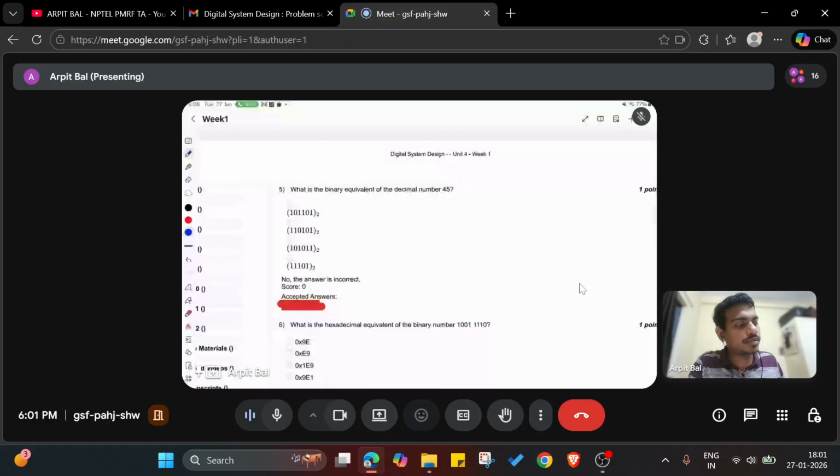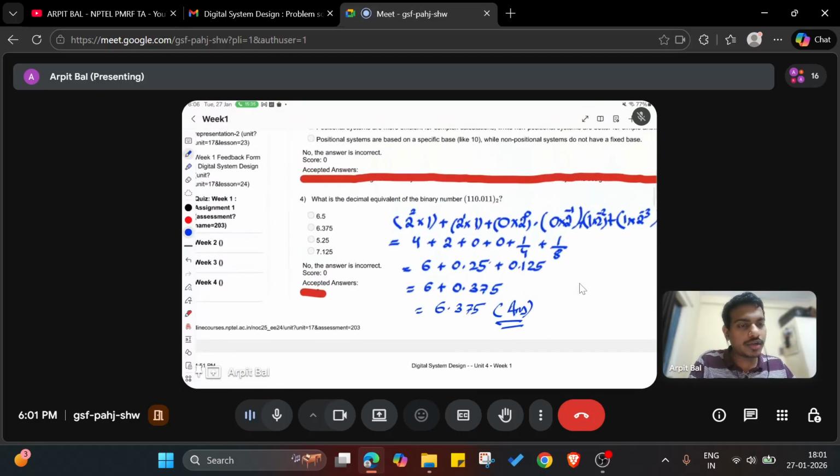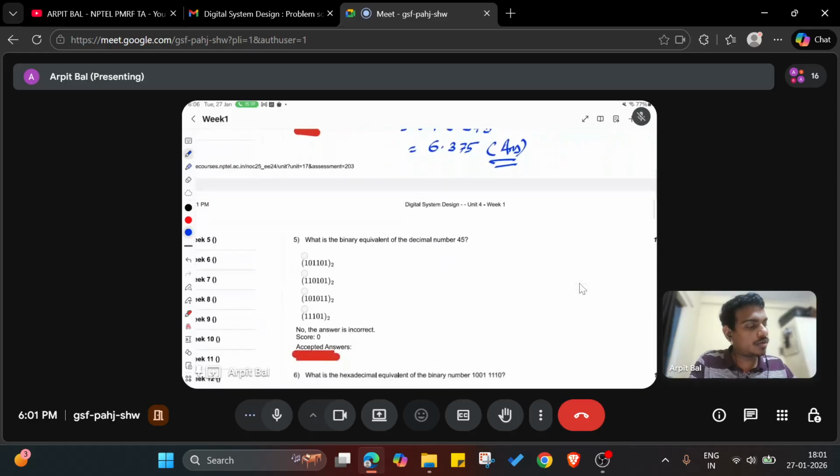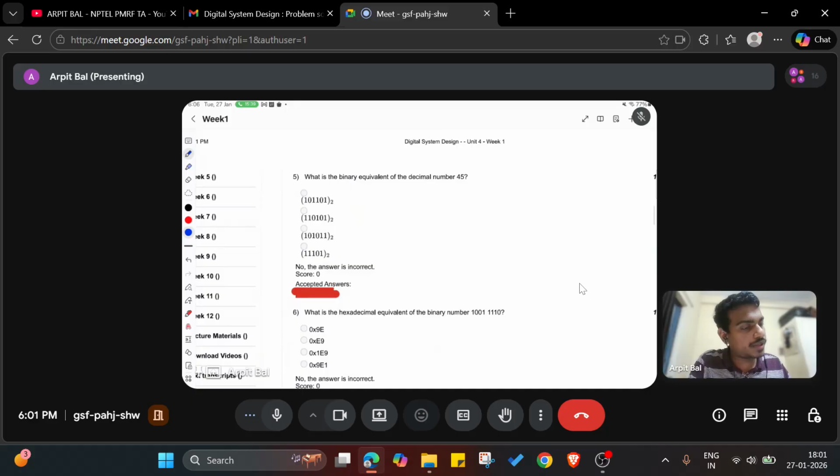In this question, we are supposed to find out what is the binary equivalent of the decimal number 45. In the previous question, we were supposed to figure out the decimal equivalent. In this one, we need to figure out the binary equivalent of the number 45. Whenever we are supposed to figure out the binary equivalent of a number, you take the number, you go on dividing it with 2, and you see what is the remainder each time you divide it with 2. So if I divide 45 with 2,